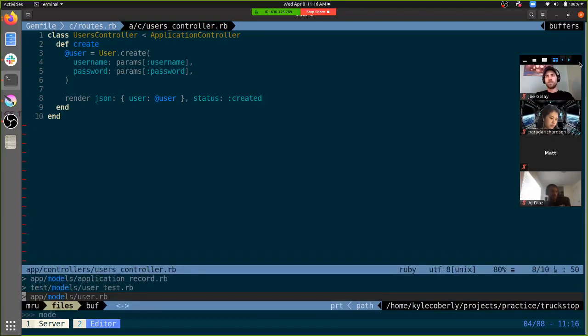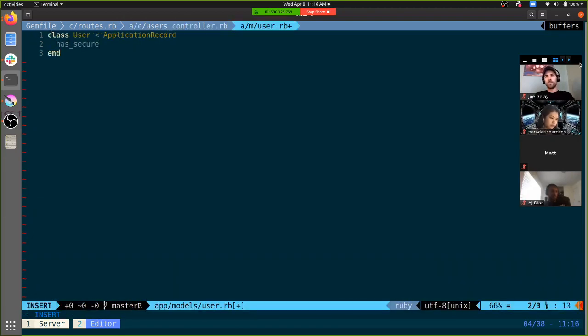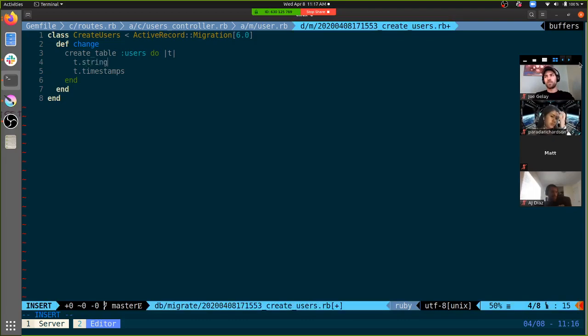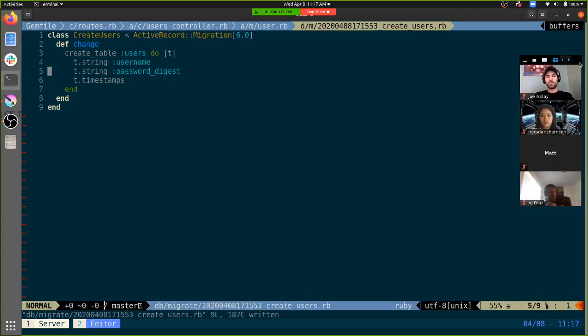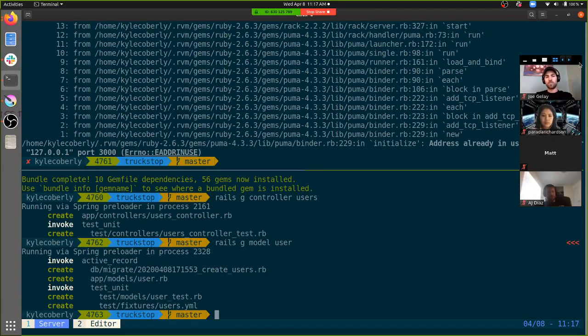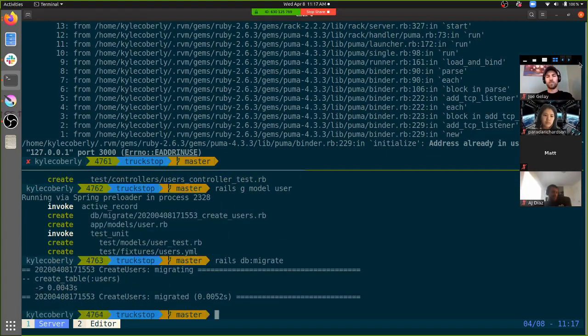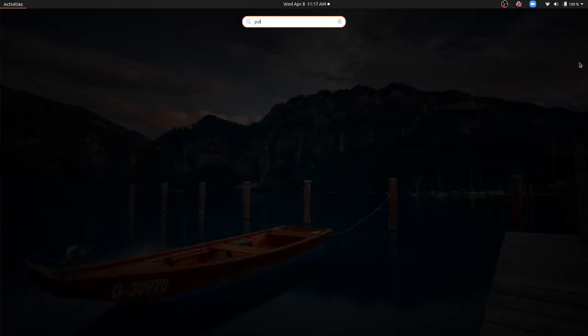Over in the model that we created, we say that it has secure password. And then in our migration, we add strings for username and password digest. It's password digest in the database, it's password everywhere else. Okay, so I run those migrations. Rails db:migrate, and with any luck,